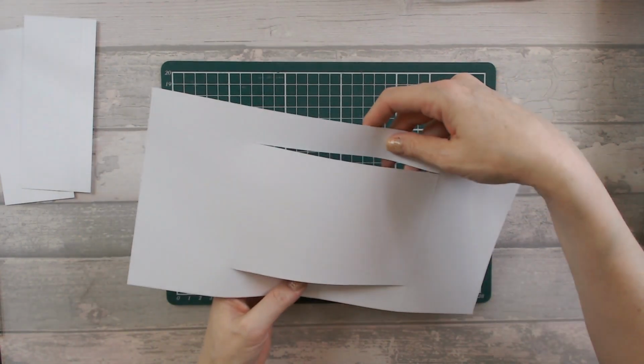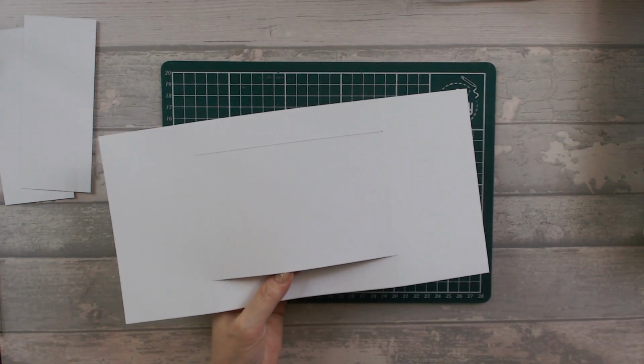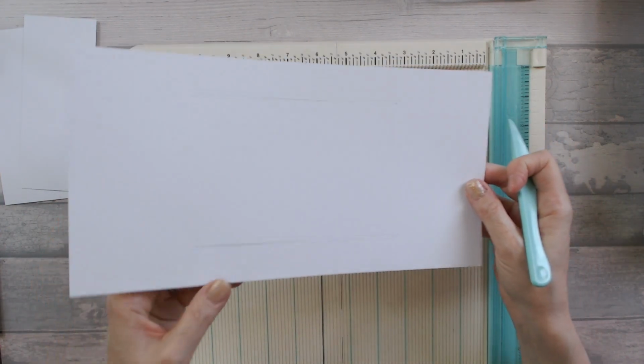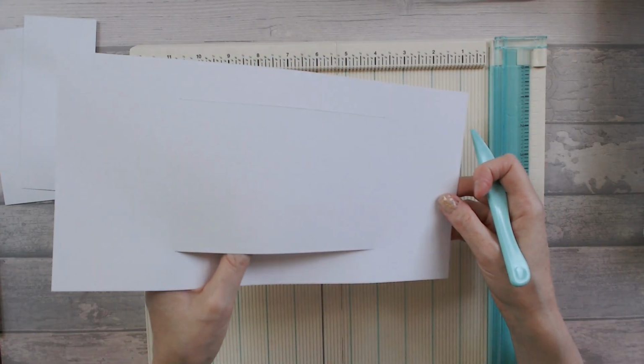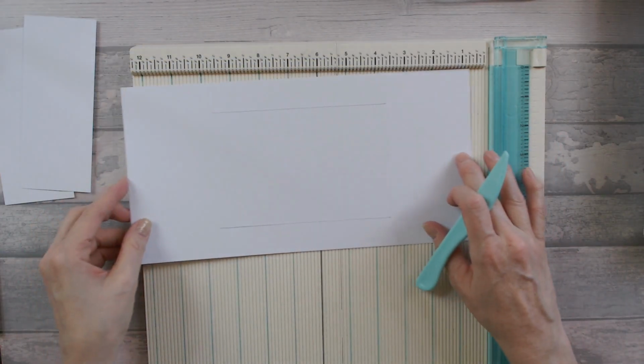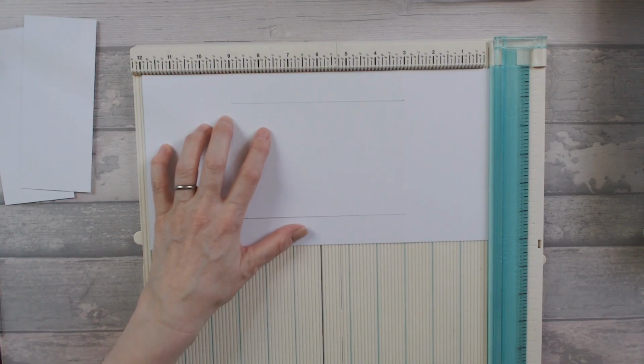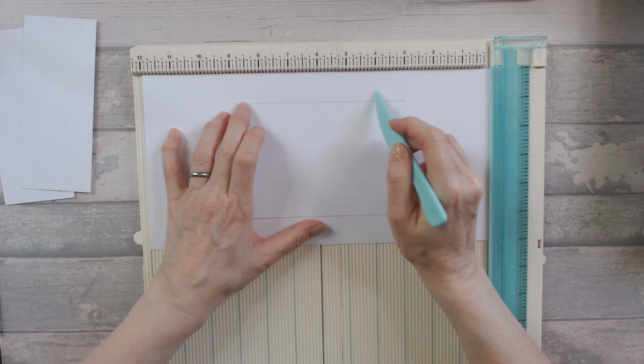And then you should end up with that like that. So next we're going to bring the scoreboard back in again. Okay, so that's what you should end up with. So you should end up with a nice little cut going between the two score lines. So then what we want to do is come in, and at 4 inches we are going to score, and